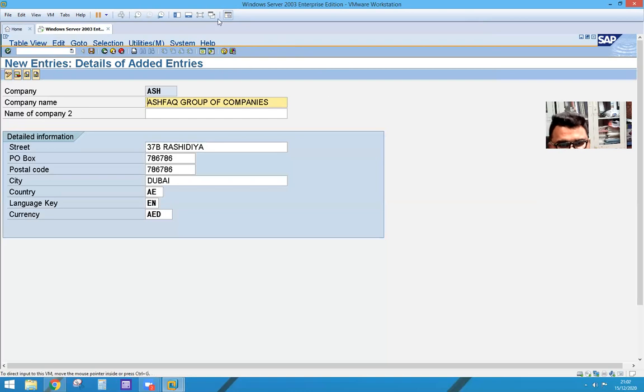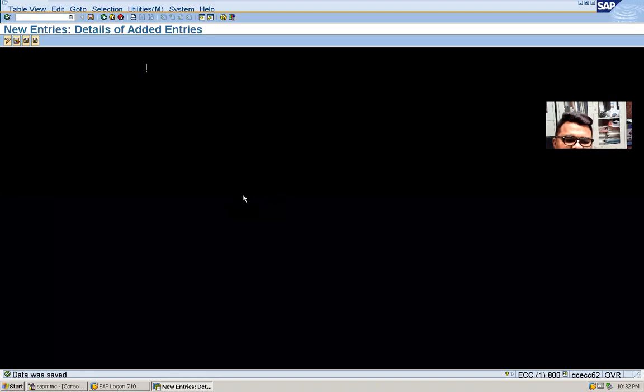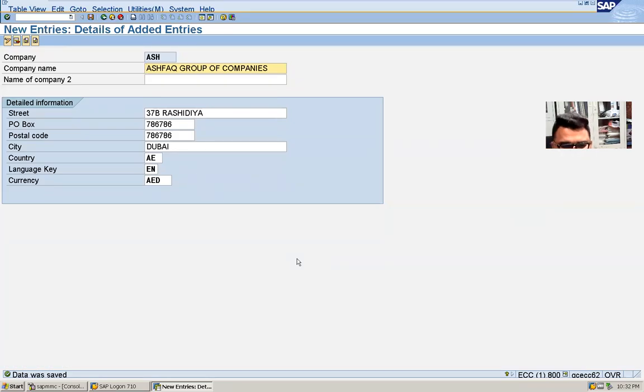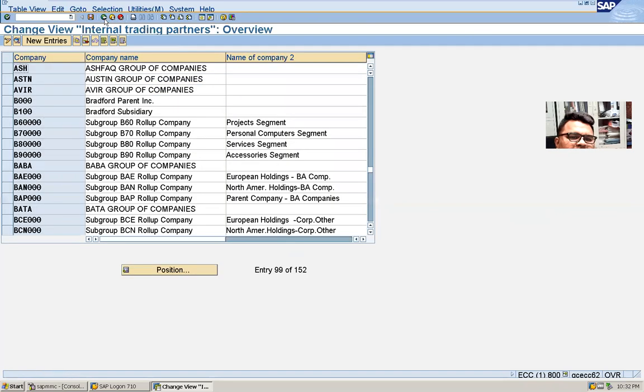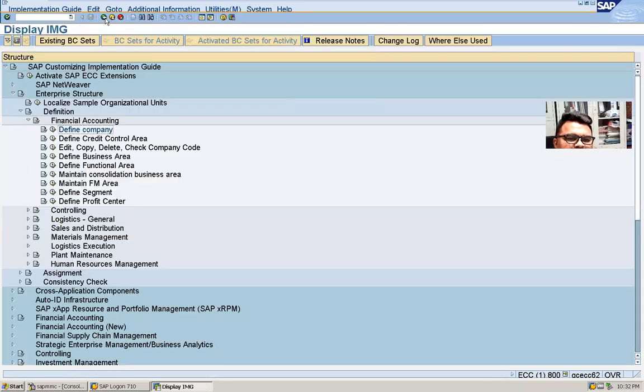Let me enter full screen. This is the VMware menu, and this is the SAP menu, table edit. If you can see this button, it shows enter full screen mode. This is the third button from the right side. I'll just click on this. Now this is full screen of SAP. Data was saved. You're getting a message, data was saved. If I want to go back, I will use these three buttons. One, two, see, like this.